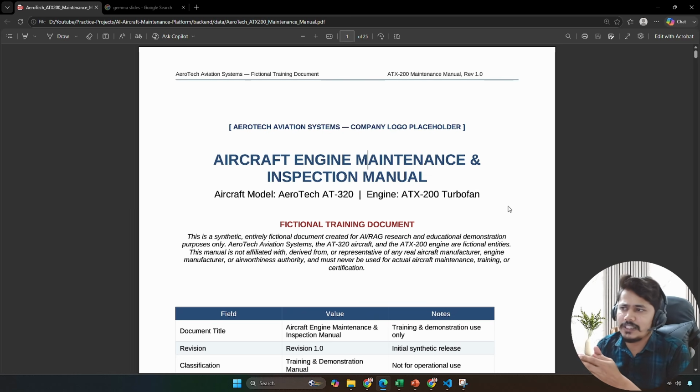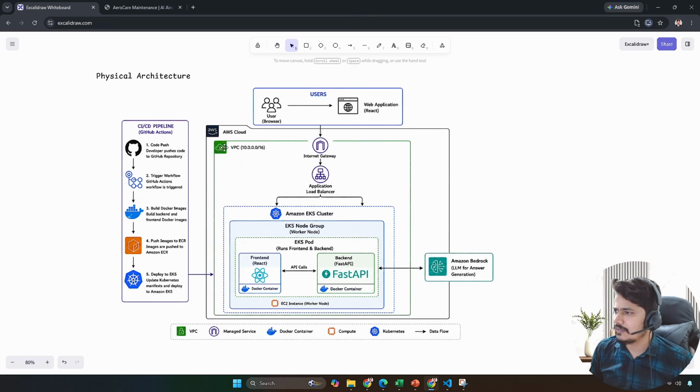So this one is the inspection manual, where all our standards are defined, like the minimum and maximum values of the sensors, and also what maintenance we need to perform on the breakdown of any component. All that information is written in this particular manual. Okay, so once these two are done, now you can go ahead and